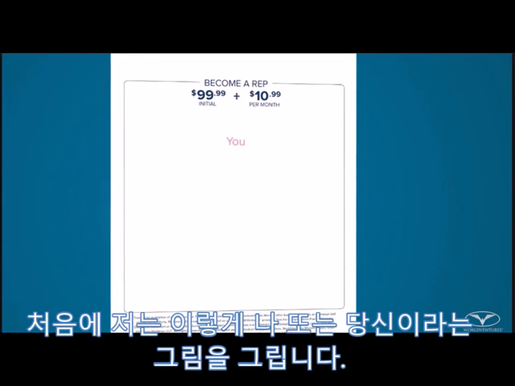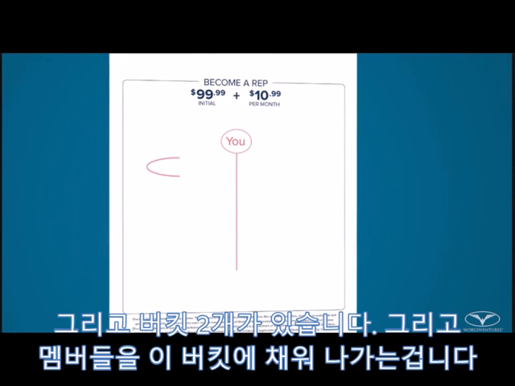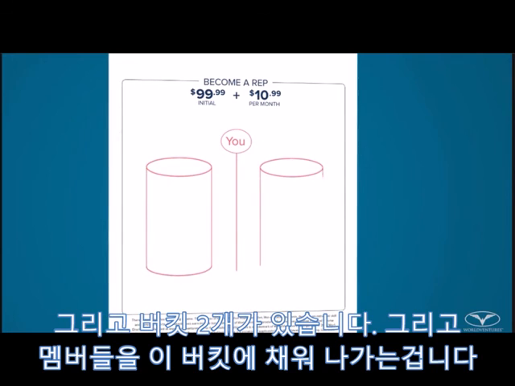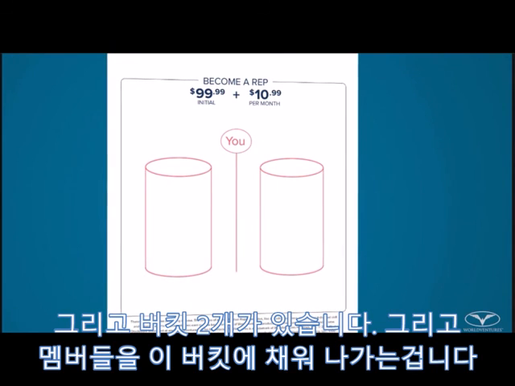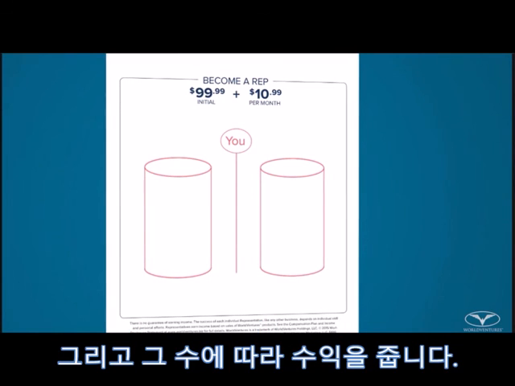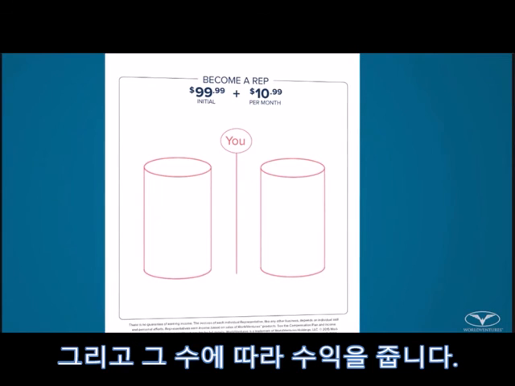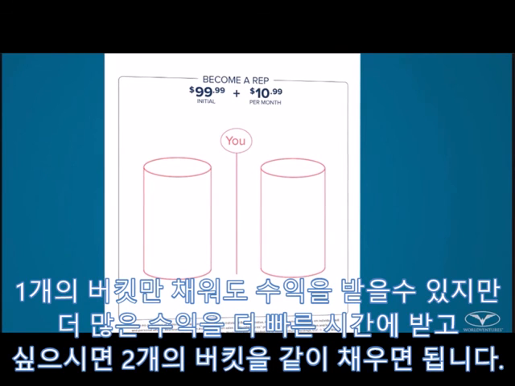But the real basic part of this is I'm going to draw a little picture like this and talk about how there are two buckets of business. As members are added into those buckets, this is how you get paid. It creates dollar volume based on the membership when somebody joins. And so there are some income